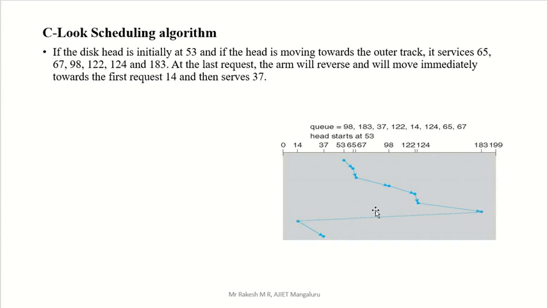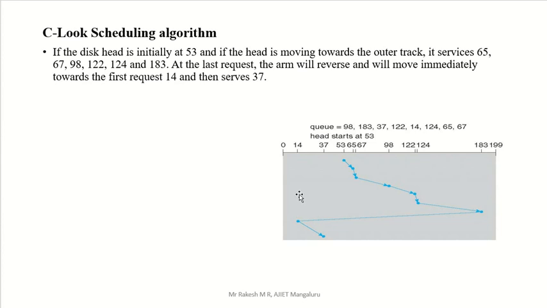But again, the difference between C-LOOK and LOOK algorithm is that here we move to 183, we have to stop, reverse your phase, and while coming back directly come to 14 in this C-LOOK. But in the LOOK algorithm, while coming back itself, whatever is required, 37, serve that, and then 14, serve that. That is the difference. Only this is the difference. We are coming to the beginning end in this case, but there we are coming to the beginning end while serving on the way itself. So that is the method we are using, LOOK, and this is C-LOOK.